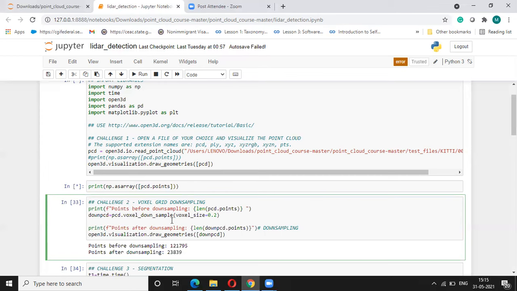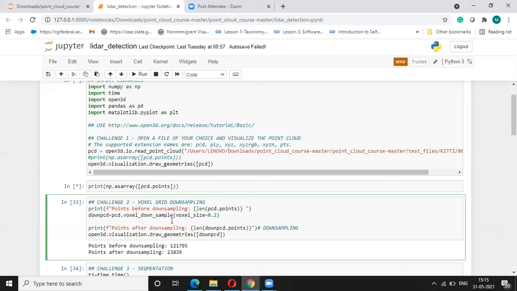So a voxel grid is nothing but a 3D cube, and using this downsampling, we are just restricting the number of points inside that one cube. Basically, we decide the size of that voxel grid, and we allow only one point inside that voxel grid. If we increase the size of that voxel grid, then the resolution of the point cloud will decrease. If we reduce that size, then our point cloud will again be huge.